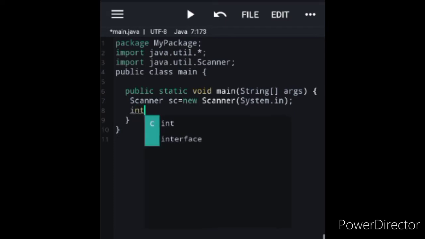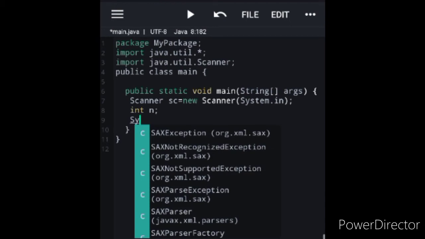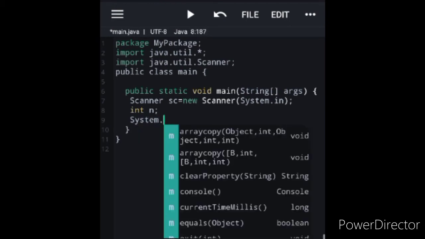I'll take a variable n which I'll take as input. I'll put a message System.out.println.